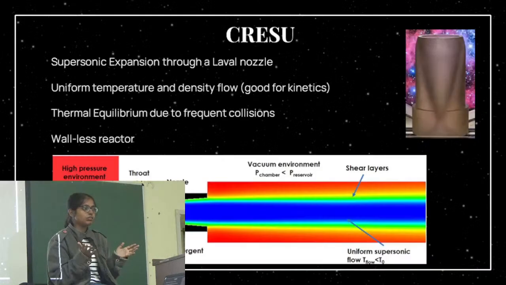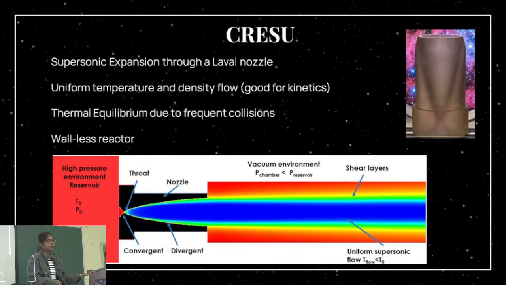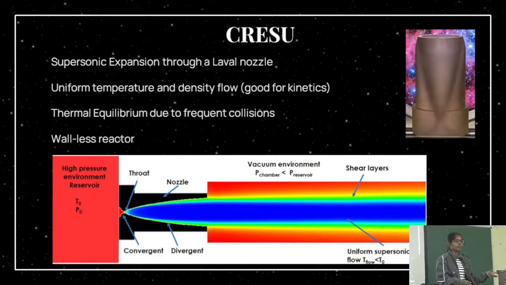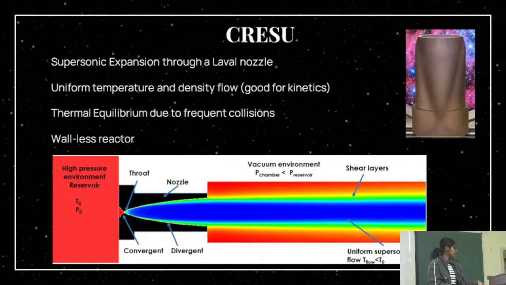It's called CRESU, or Cinétique de Réactions en Écoulement Supersonique Uniforme in French, where it was made. It has a French full form; I'm not really saying that. It came up in the 1980s in Rennes, where I was. CRESU is one of the most widely used techniques for creating these low pressure environments where there are enough collisions. Another problem is that even at lower pressure, you have to maintain a number density so that there are collisions and reactions.